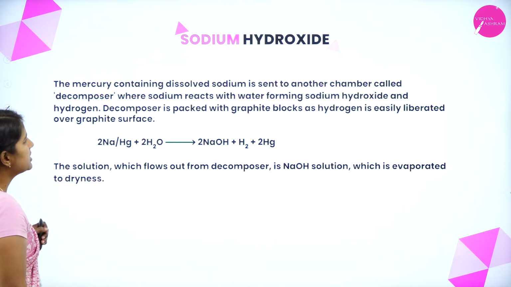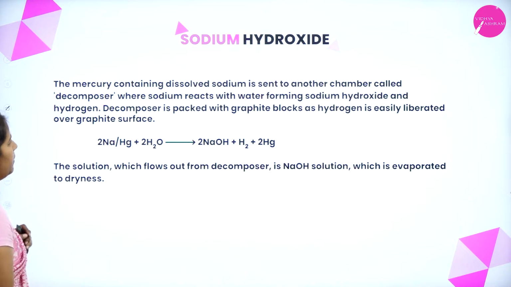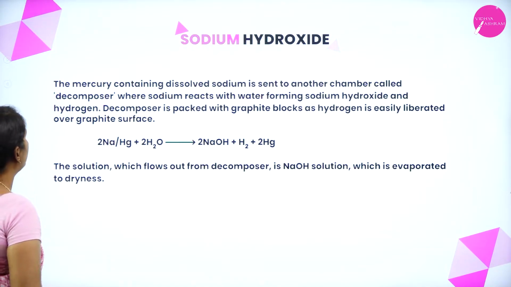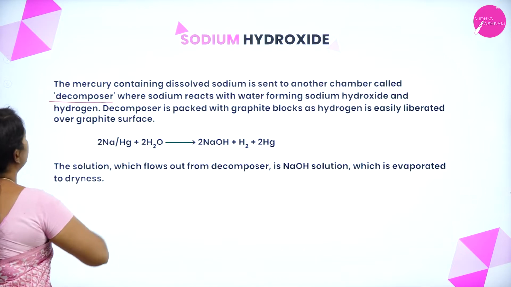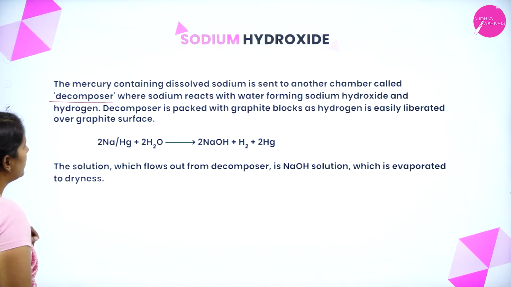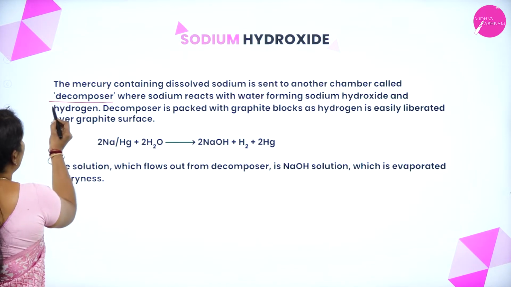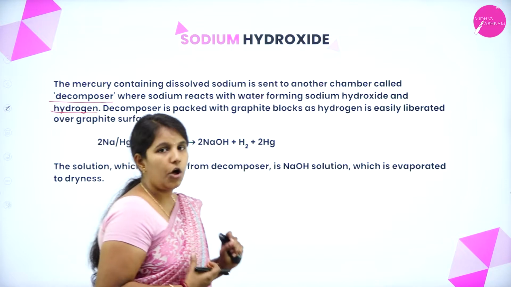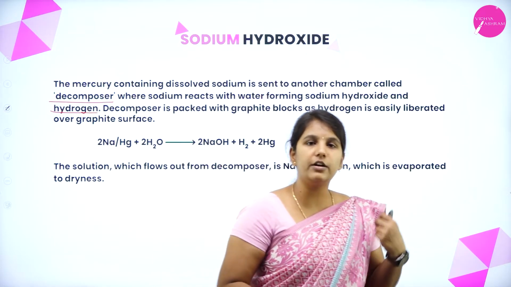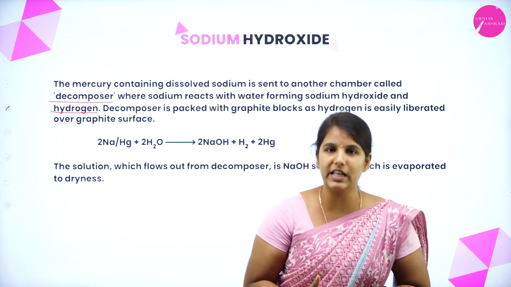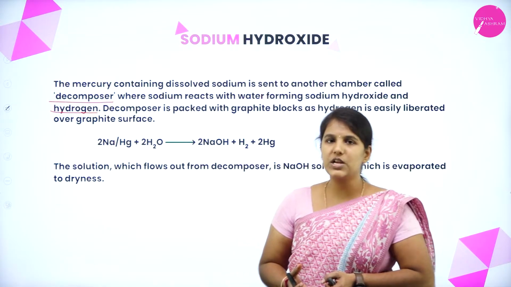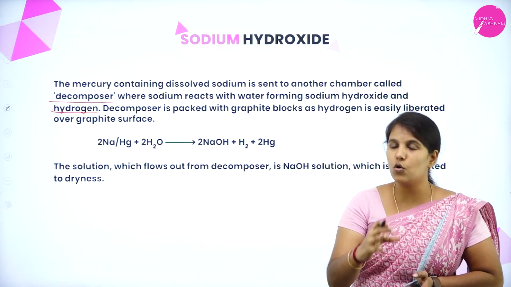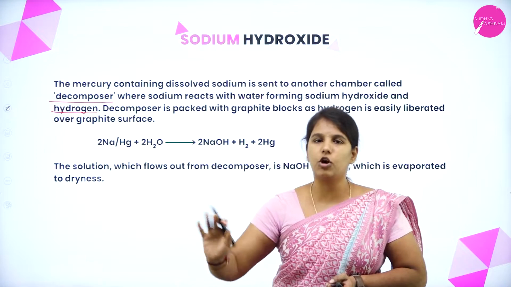The mercury containing dissolved sodium is sent to another chamber known as the decomposer, where sodium reacts with the water and forms sodium hydroxide and hydrogen. So once the sodium amalgam, the compound which is formed, is sent to another chamber called the decomposer, we are going to treat the sodium and mercury compound with water,